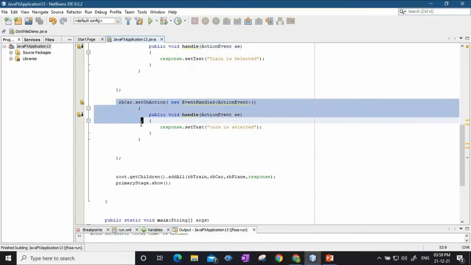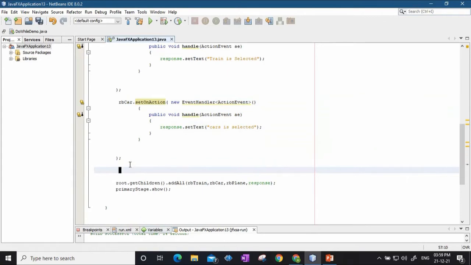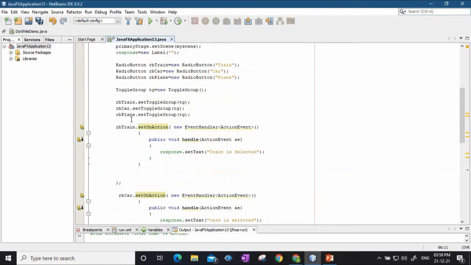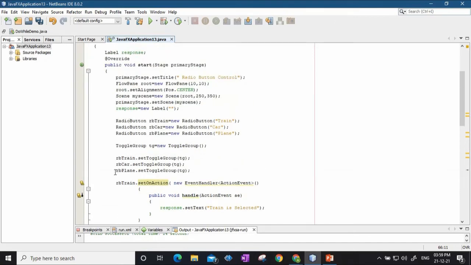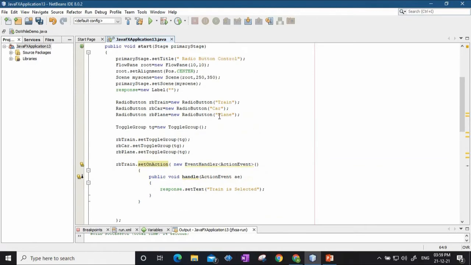So again I will copy this, paste it here, and in place of RB car I will say RB plane, and replace car with plane, and in place of car is selected I will say plane is selected.